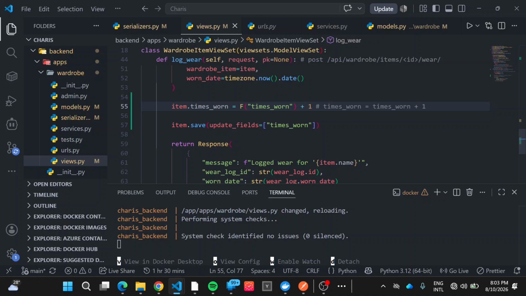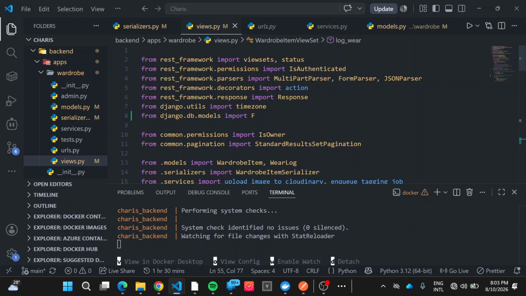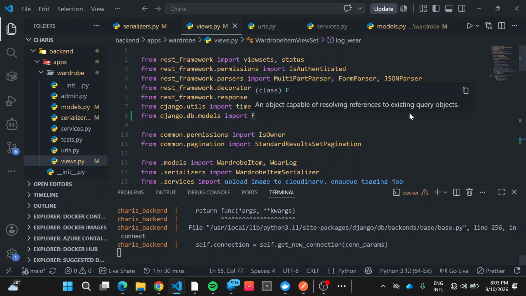So this is a nice concept to learn, right? The F class is an object capable of resolving references to existing query objects. Okay, so that is all